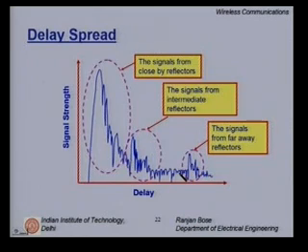How many reflectors are there with respect to the transmitter and receiver? How far are they? How good are the reflectors, the scatterers? Once I fix my transmitter, receiver and scatterers, the impulse response of the channel is fixed. So the frequency will not have an effect on the delay spread. If my scatterer is far apart, yes, my delay spread will increase. If these reflectors were not present, my effective delay spread would be only half this much.